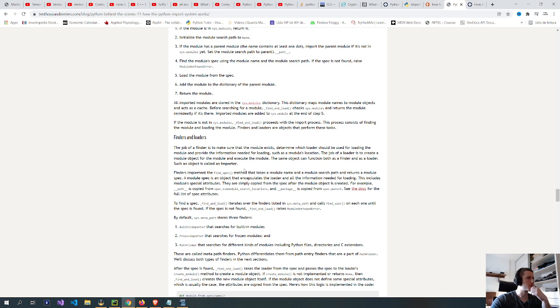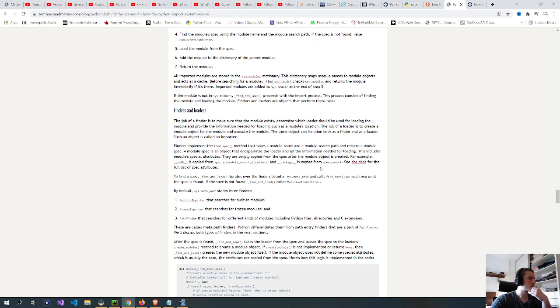All imported modules are stored in the sys.modules dictionary. This dictionary maps module names to module objects and acts as a cache. Before searching for a module, find and load checks sys.modules and returns the module immediately if it's there. Imported modules are added to sys.modules at the end of step 5. If the module is not in sys.modules,